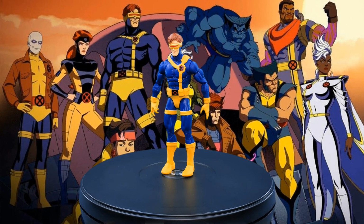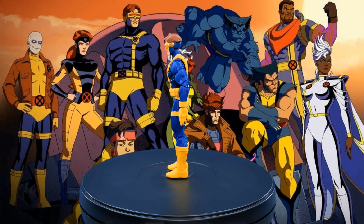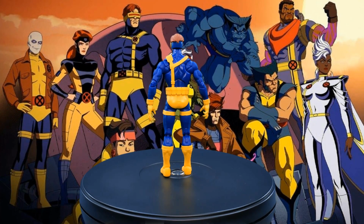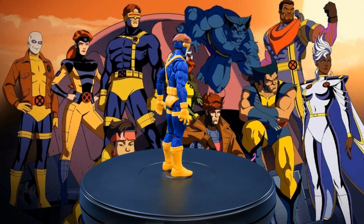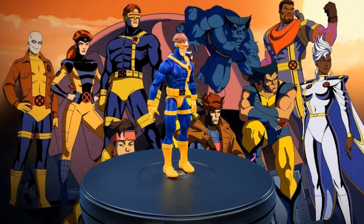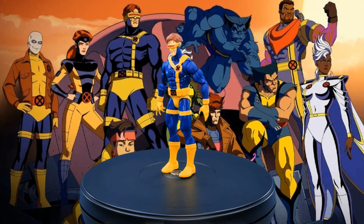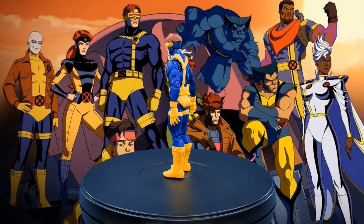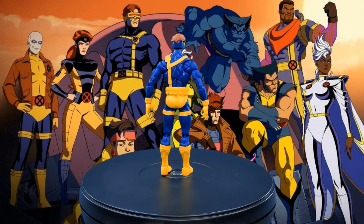For final thoughts on the Marvel Legends Series X-Men 97 Cyclops, I have to say, wow. This is a vast improvement over the last couple of Jim Lee Cyclopses that have been done, the Warlock Build-A-Figure Wave and the Love Triangle 3-Pack. Although there's nothing really wrong with those, this one just blows those out of the water. And I would love to be able to put this in my main Marvel Legends display, but simply because of the animation look to the head, I can't really do that. I guess I could fudge it in there, but